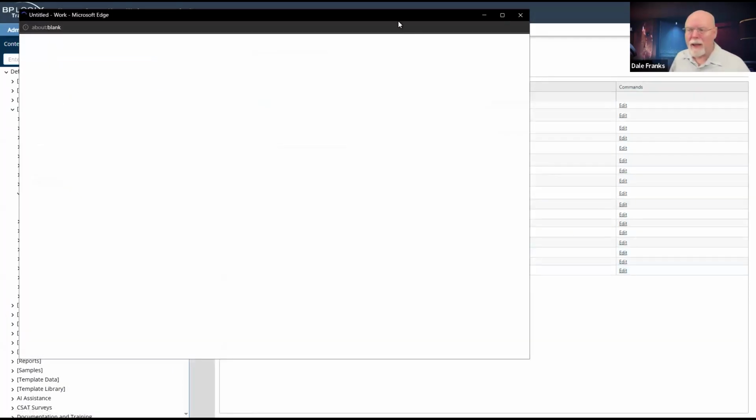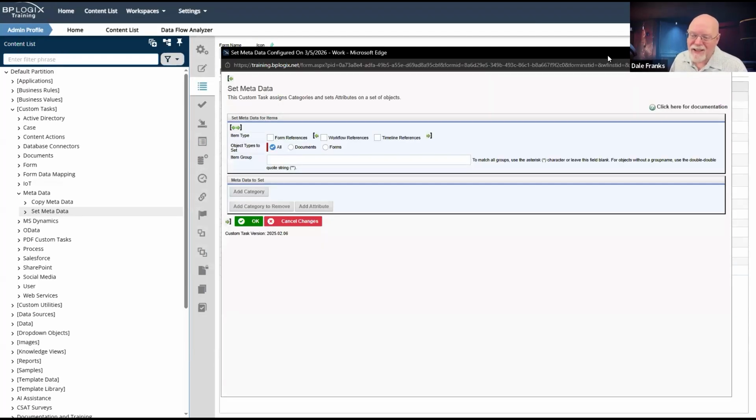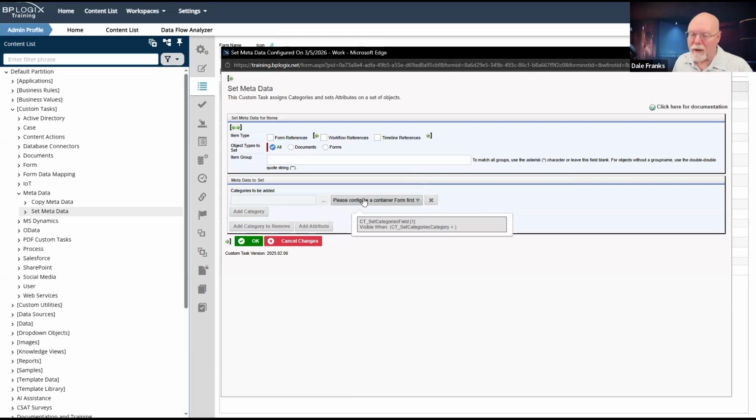But for the set metadata custom task, I can set any metadata pretty much on any object in the system. So it doesn't matter where I call it because I can have it set metadata to a form or a process timeline reference. So not only the form, but like document attachments, anything like that. I can apply it only to documents or only to forms. And I can map the data from a form field.